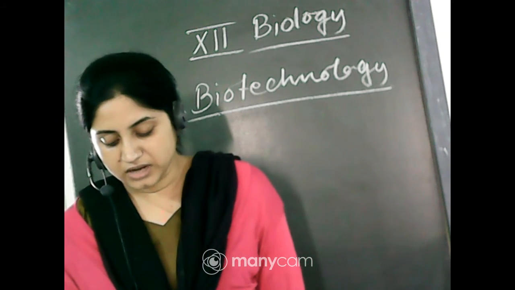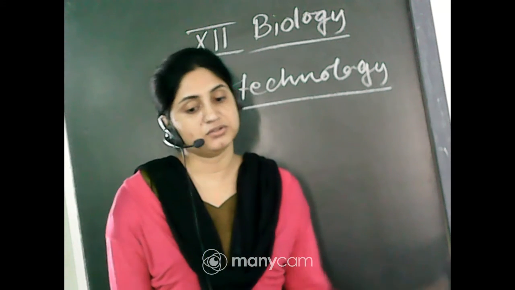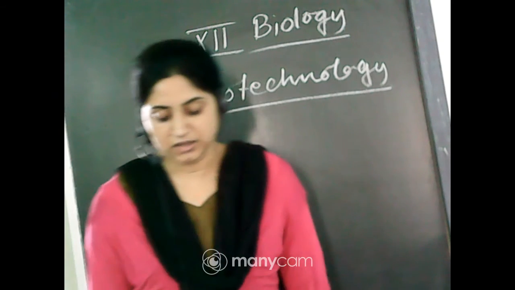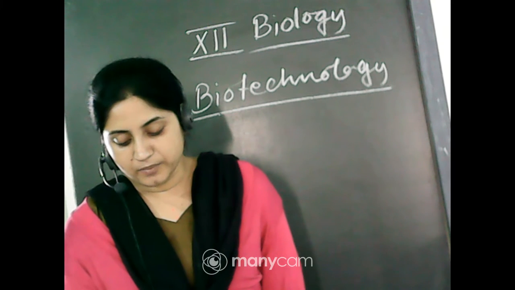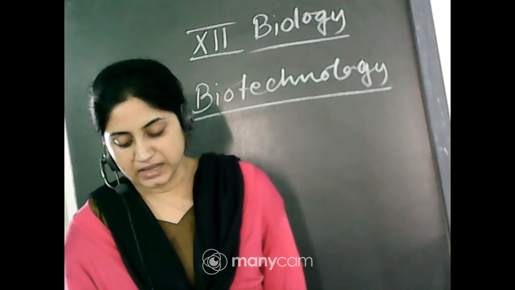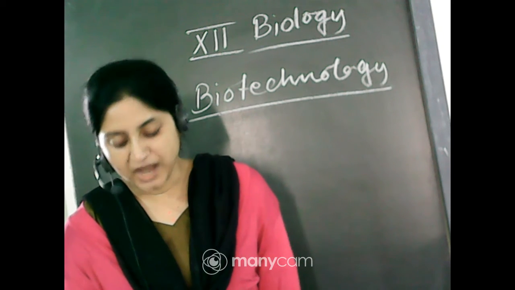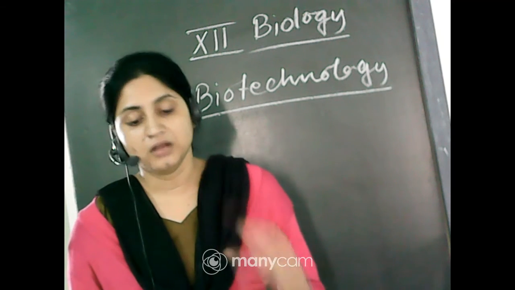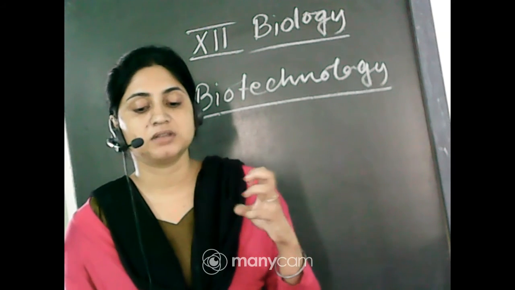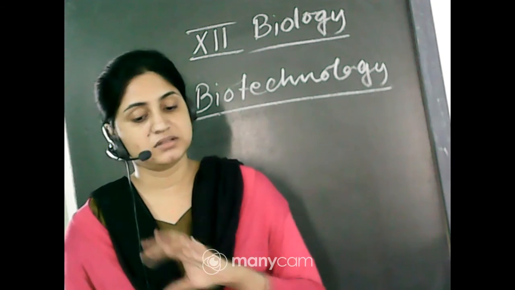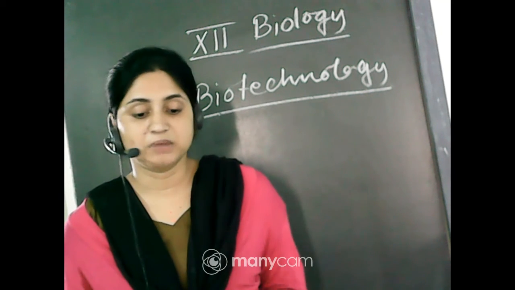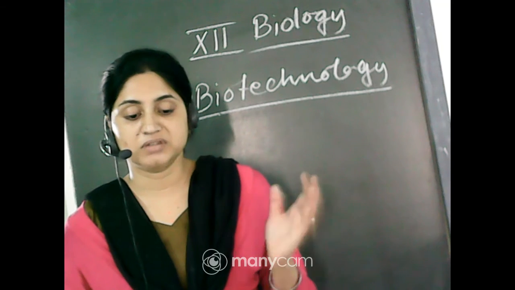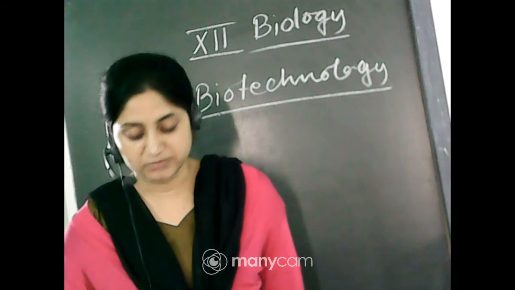Competent host for transformation with the recombinant DNA. So there are also competent hosts. Since DNA is a hydrophilic molecule and it cannot pass through the cell membrane, in order to force bacteria to take up plasmids... Hydrophilic means attracted to the water. Phobia means fear against; hydrophobic means moving away from the water. But our plasma membrane is made up of lipid and protein, so that's why DNA cannot pass through the plasma membrane.